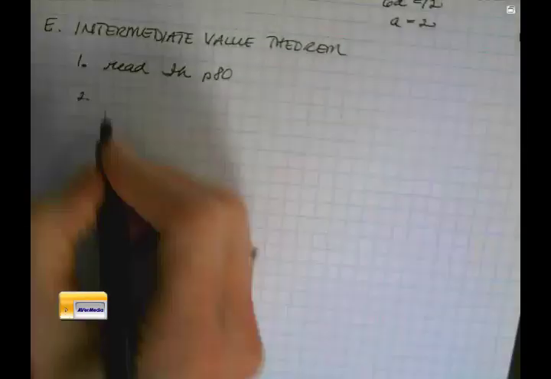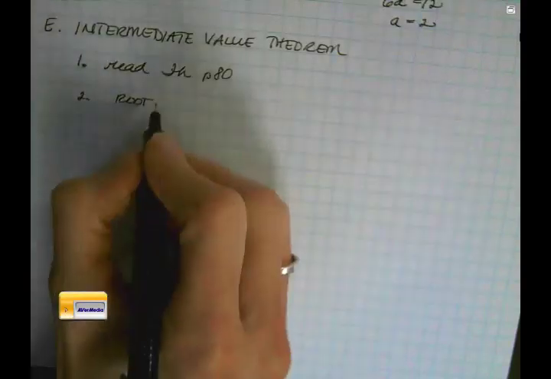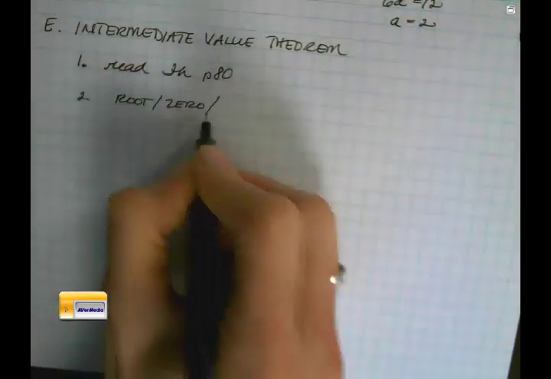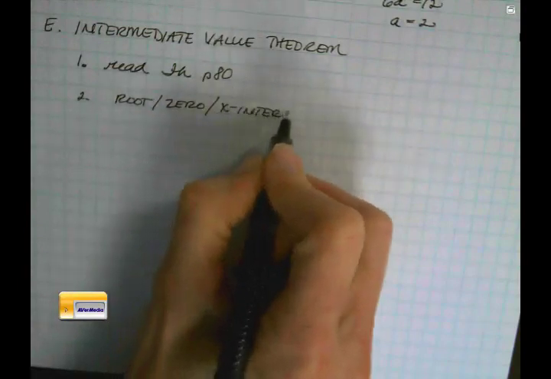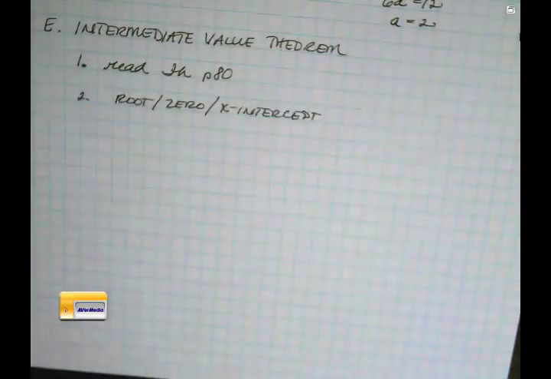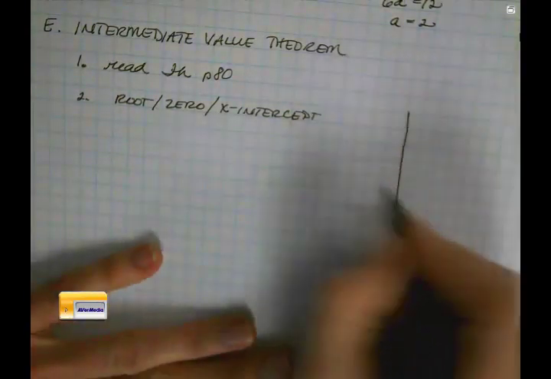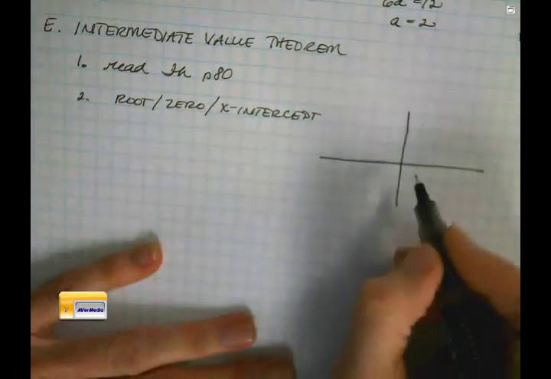Okay, one of the big things we have to get straight: when they start talking about the root of a function, they also call it the zero of a function, which is what? It is an x-intercept. It is where your graph crosses the x-axis. We use those words interchangeably. The root of the function or the zero of the function or the x-intercept of the function, they're all the same thing. So what we're saying now is that if you have a function, I don't know, maybe it's doing this,